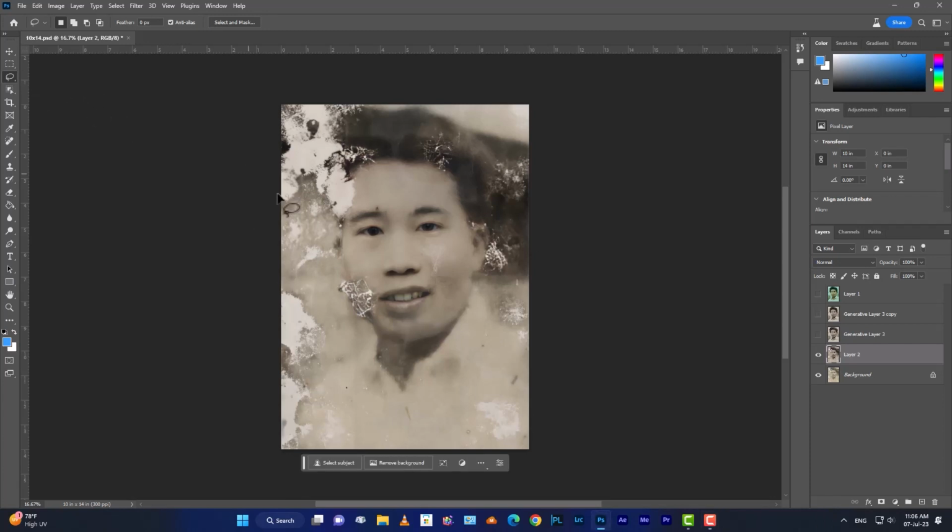Select the lasso tool to select an area and generate. Click on Generative Fill and click Generate.